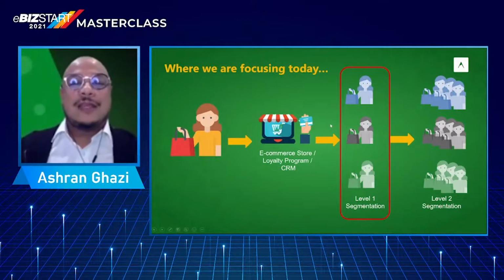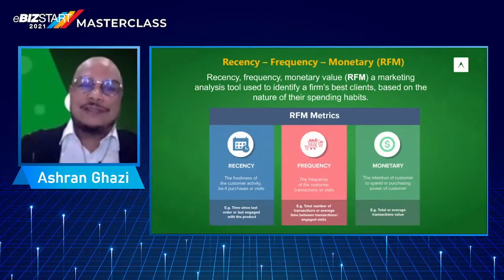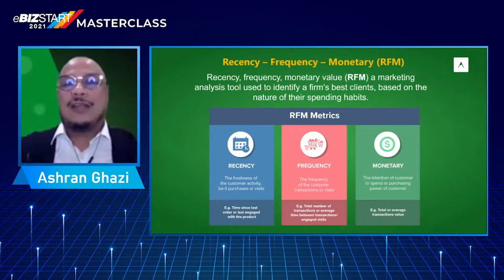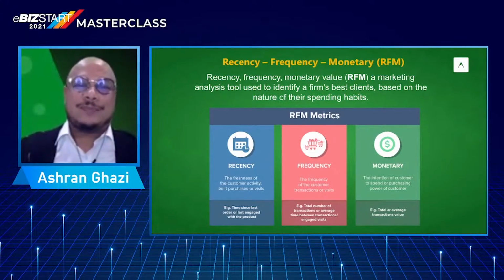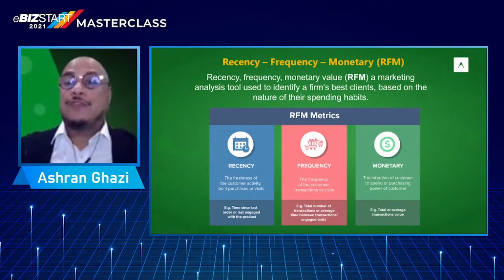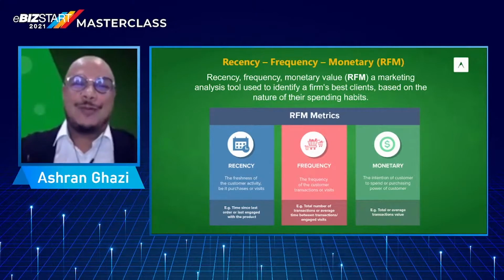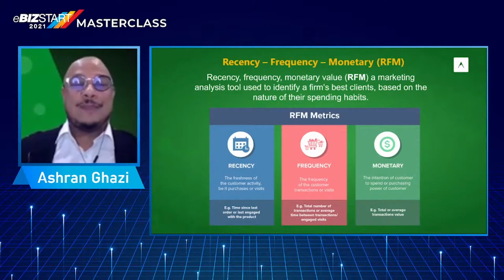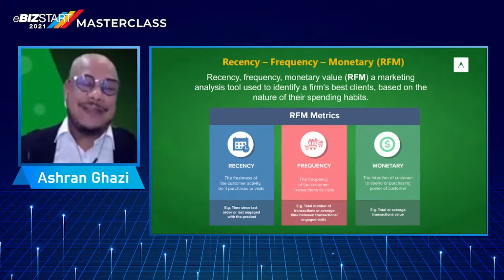So let's move on to the next stage, that first level segmentation. The first level segmentation I'm speaking about here is called RFM. In the data universe, RFM is probably your entry level in dealing with data. Some of you may be familiar, some of you may not. Don't worry. That's why we're at eBay Start Summit, to learn so that you're able to take advantage of things that you may not realize you already have.